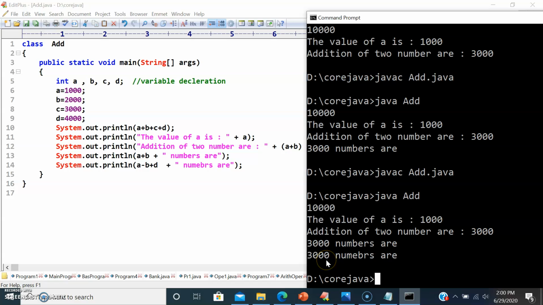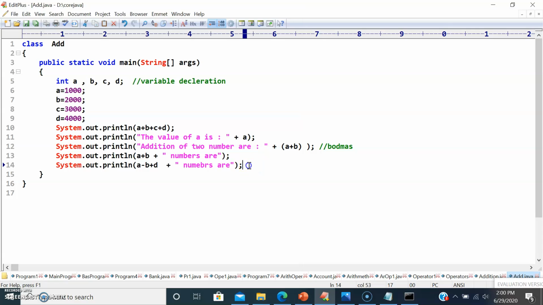So a minus b plus d is also giving me 3000. So 1000 minus 2000 gives us minus 1000, plus 4000, so it is going to give 3000. Yes, exactly correct.